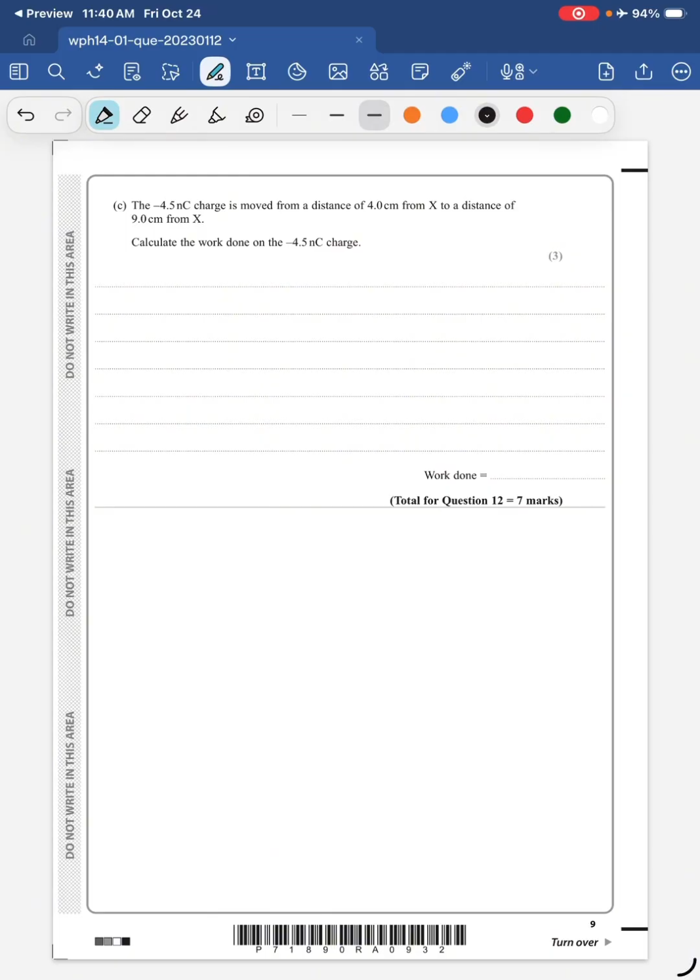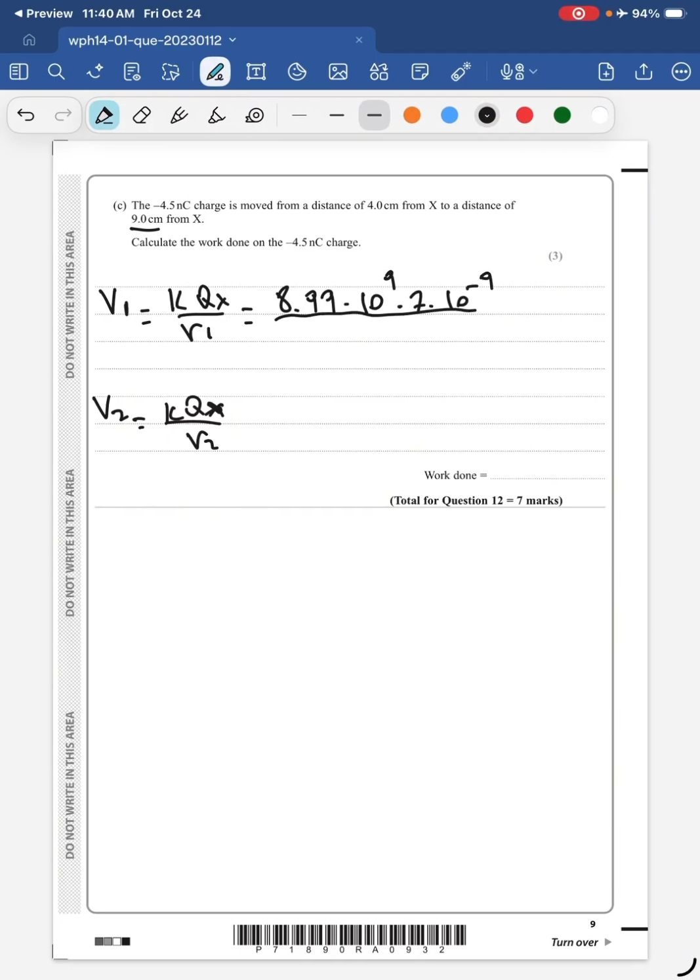So we pretty much have to calculate the electric potential at position 1 due to the charge at X, which is given by K QX over R1, and then the potential at the second position, the 9 centimeter position, due to the charge at X at position R2. Okay, so if we plug in numbers, we find 8.99 times 10 to the 9 times 7 times 10 to the negative 9 over 4 times 10 to the negative 2, and this is